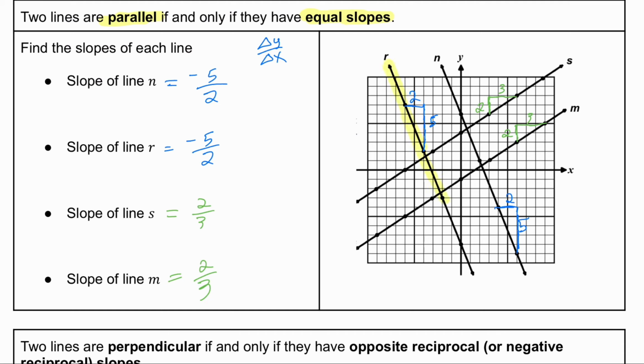So we have R is parallel to N, and the reason for that is the slopes are the same. They're both -5 over 2. And then we also have line S is parallel to line M, and again, same thing, we have equal slopes. Both of them are 2/3. All right, now